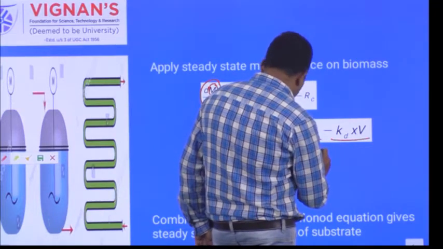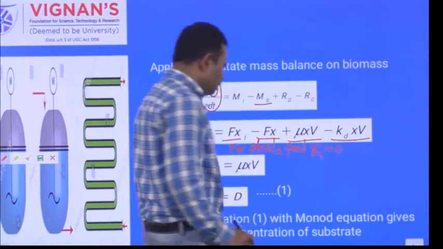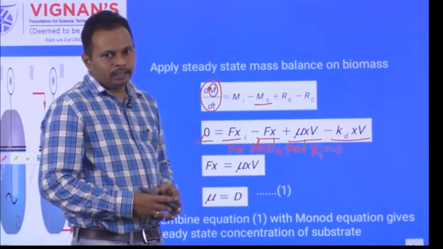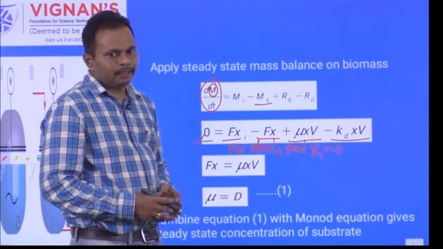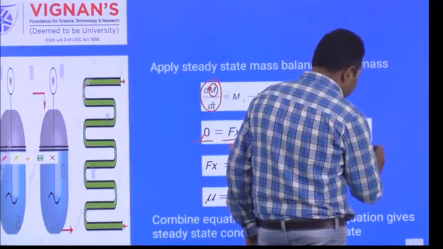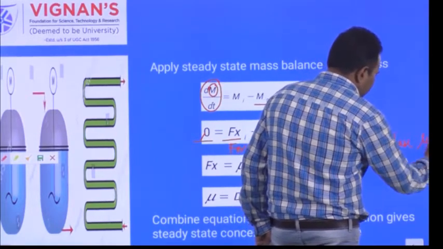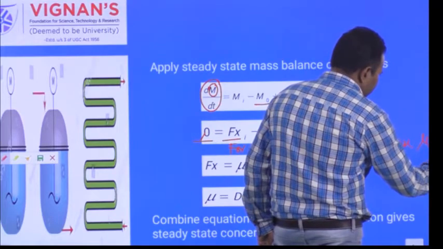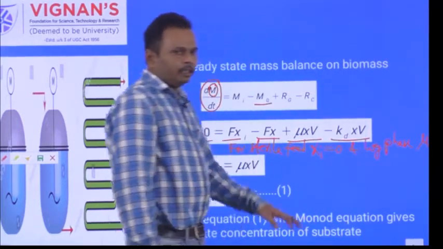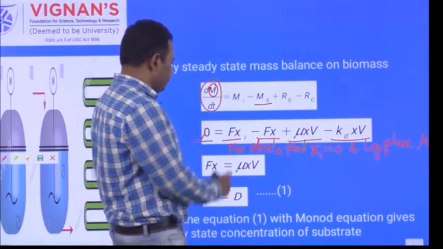So for sterile feed, Xi is equal to 0. Also, when you apply this equation to the log phase or exponential phase, the growth rates are very much greater than death rates. Mu is very much greater than the death rate. So when you incorporate these two conditions, this equation can be written as